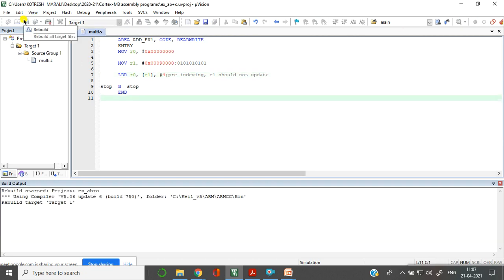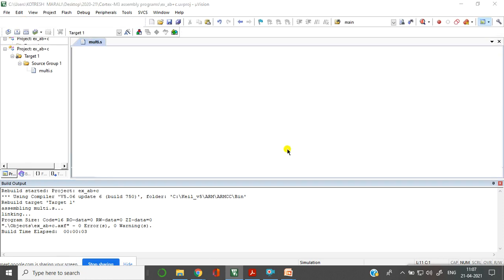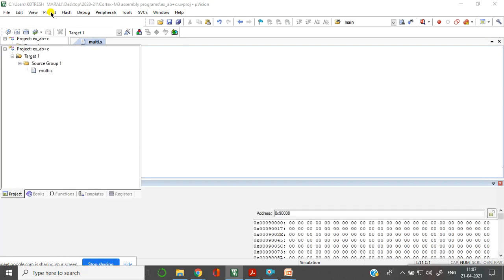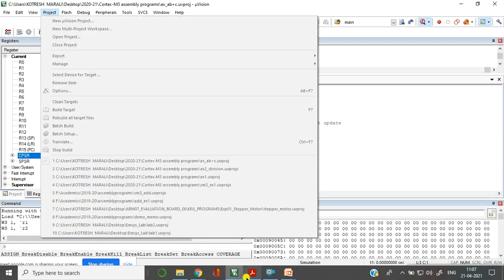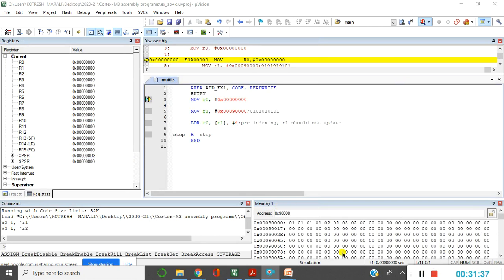Okay, fetch this, run, and then okay. Now the data is 01010101 in the 90000 location and 02020202 in the 90004 location.